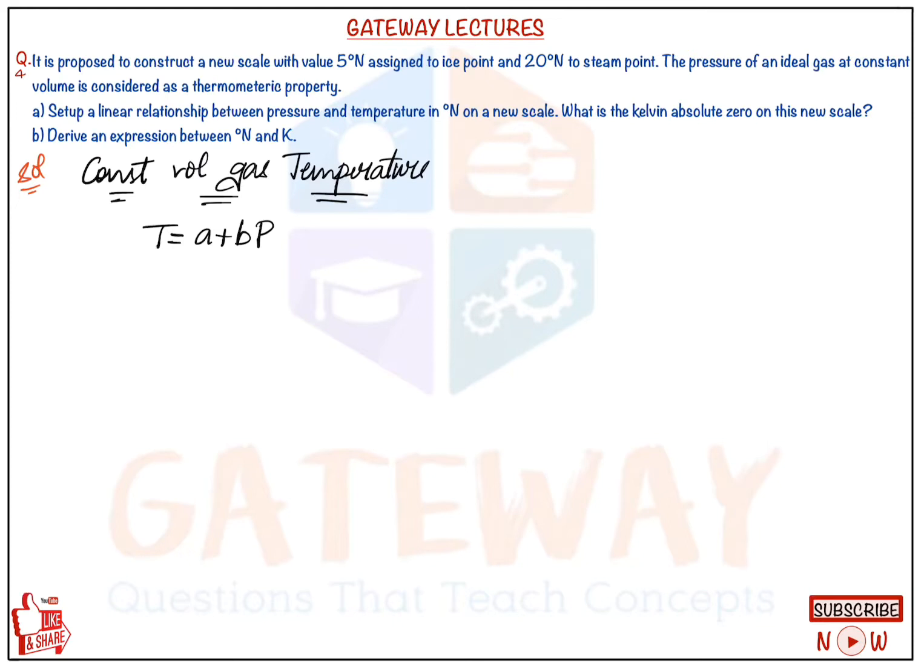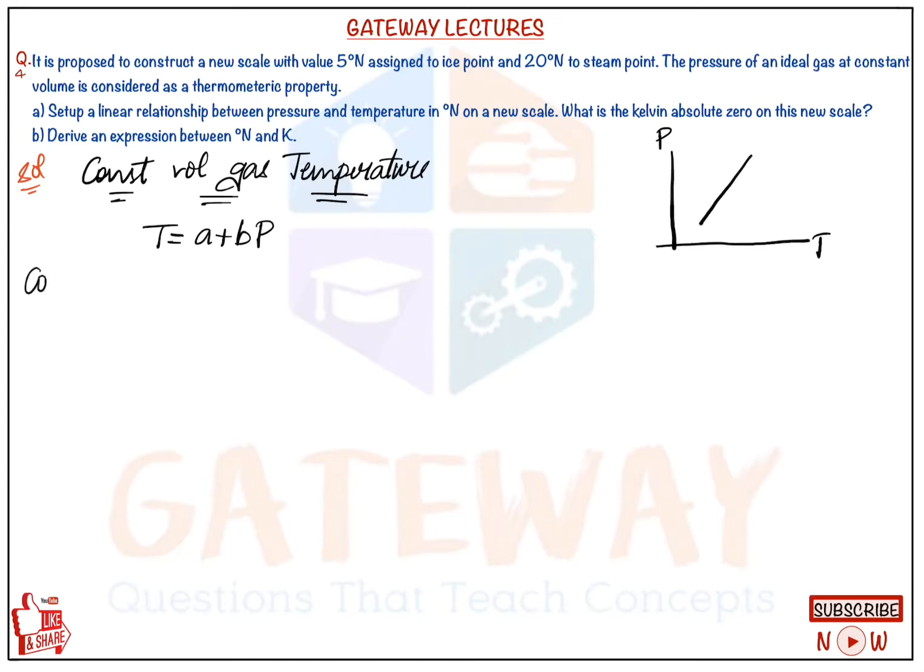When you draw generally a curve between this T and P, here will be the T and here will be the P. When we draw it will be a straight line. It may or may not pass through the origin. If it passes through the origin, then the relation will be directly proportional. Here it is a proportionality relation, so the straight line doesn't pass through origin. It will have some intercept, and the intercept will be on the x-axis, that is the temperature axis. Okay, let us solve the question.